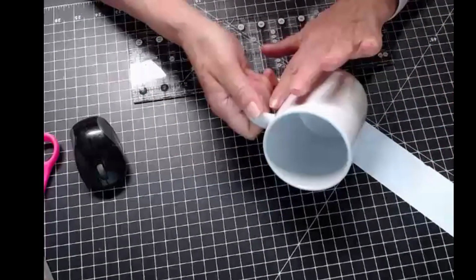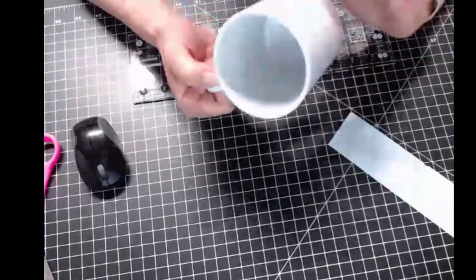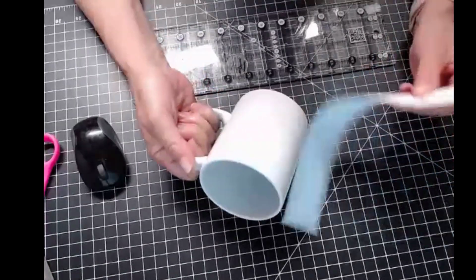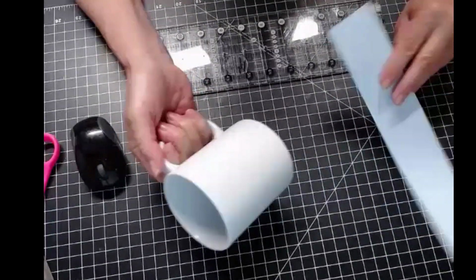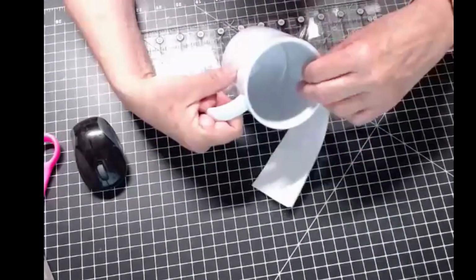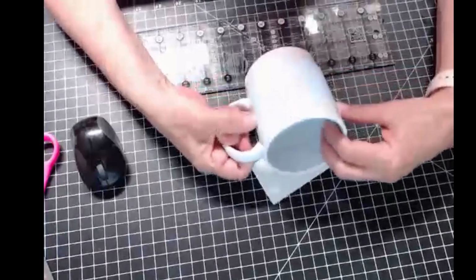What I usually do is I take a measuring tape and measure around here, but I'm not sure where I put that. It's a good thing though, because I can show you now a cheap seat way to do it. Just get a strip of paper and wrap it around here and see how far. If you're going to do a whole wrap, you can look at that, but I'm just going to do the front part